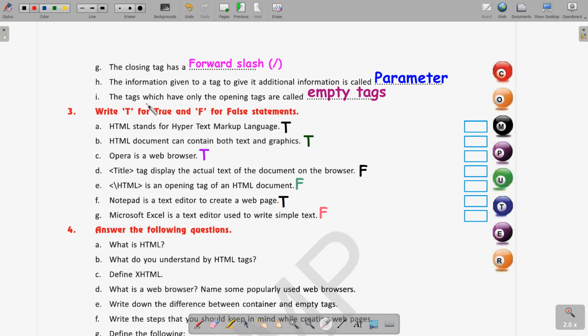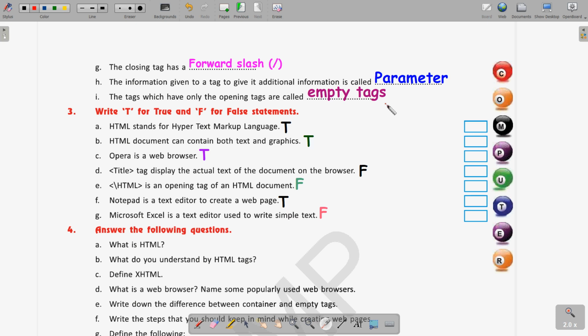Okay, then question number H, the information given to a tag to give its additional information is called. So whenever you are using any of the tags, there we have some additional information which we are writing. So these are called parameters.